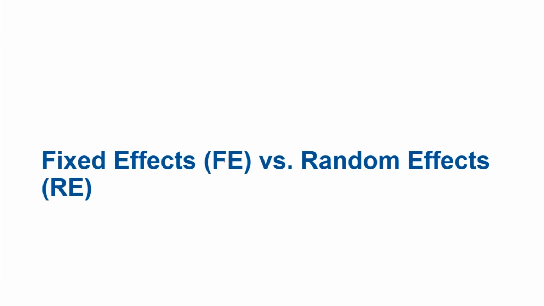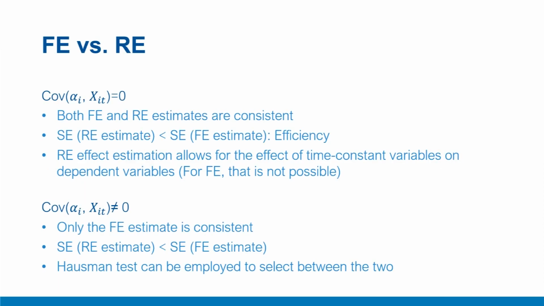In this video, we'll discuss a comparison between fixed effects and random effects estimators. We'll see what are the conditions that are more suitable to fixed effect vis-a-vis random effects, and we'll also examine the Hausman test as a selection criterion between fixed effects and random effects. In particular, the most important condition while comparing fixed effect and random effect is the covariance or correlation between the unobserved heterogeneity alpha i and the independent variable xit, whether it is equal to 0 or not.